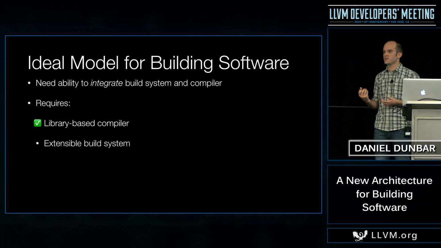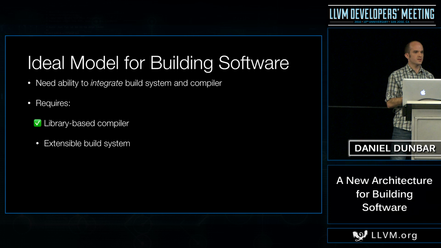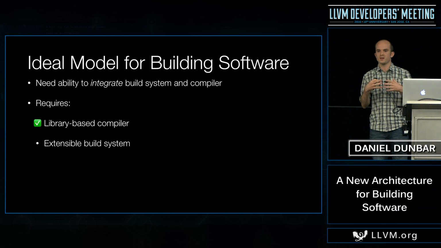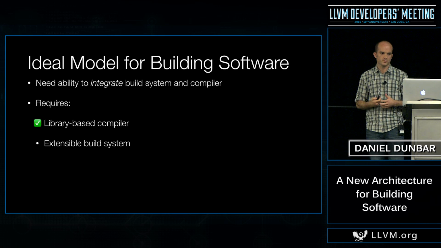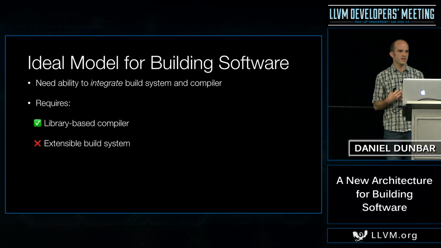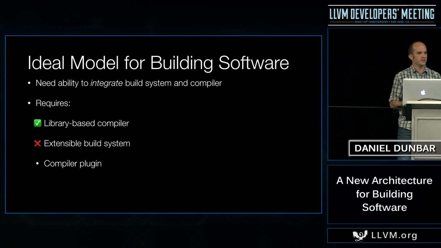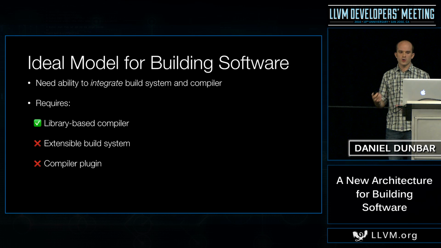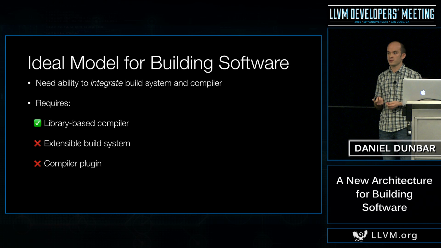The next thing we need is an extensible build system. We need a build system which has been designed with the idea that some of the tools it interacts with should be able to plug in more deeply than just as an external process. And that's something that we don't really have. When you use Make or Ninja, they're really expecting to call you via a subprocess, and there's a few ways we can interact with them, but not a lot. And then the last thing that we would need, even if we had this extensible build system, is a plugin for that. And so this is what inspired me to go off and do something new,